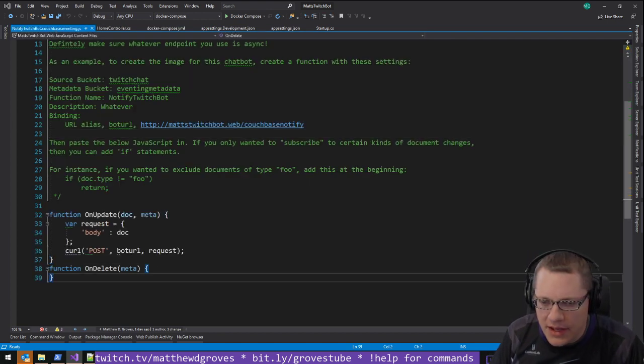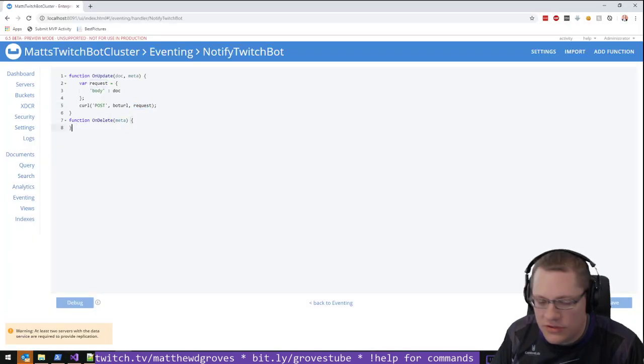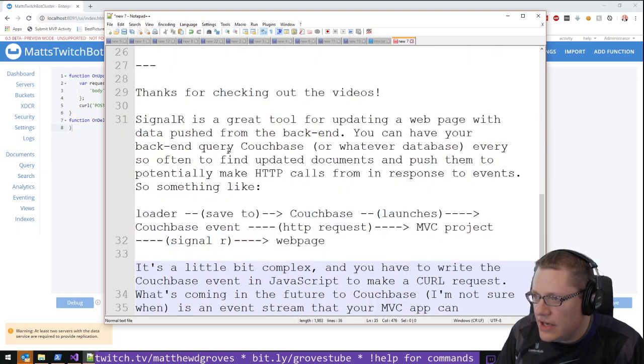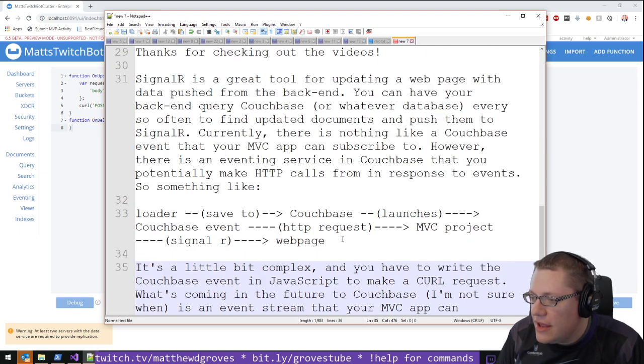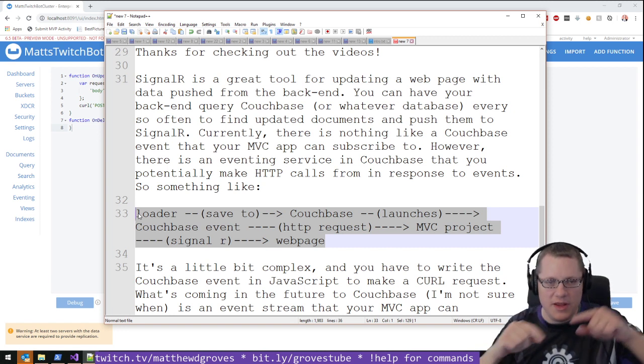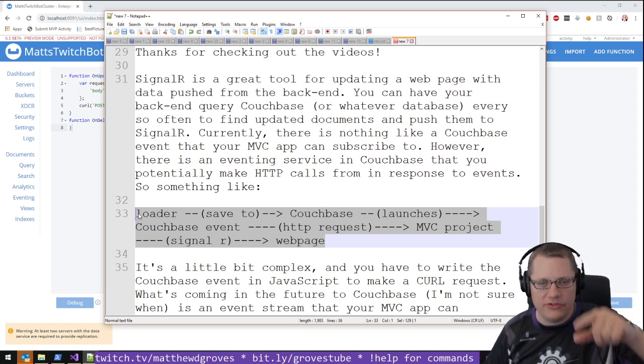Yep, so that's it. And so there you go. If you're watching this video, that's the sort of Rube Goldberg eventing thing that I proposed back in July. This process right here: Loader saves to Couchbase. Couchbase launches an event. The event itself launches an HTTP request. The MVC project receives that request and then communicates it